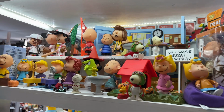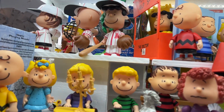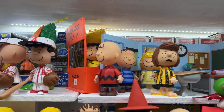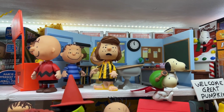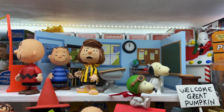We know their shows. And yes, while Super 7 has the new line out, about 20 years ago, yeah, it's been that long ago, a company called Playing Mantis, under the logo Memory Lane, did a series of toys. Now, let's talk about that a little bit. They did them based on a number of the shows. You're a Good Man, Charlie Brown, Charlie Brown Christmas,